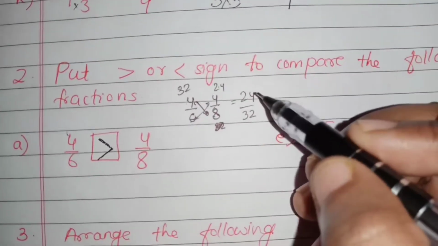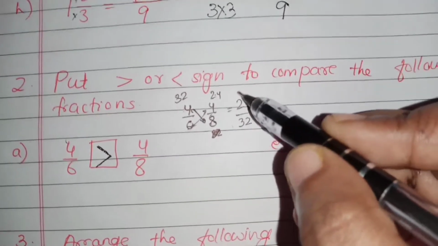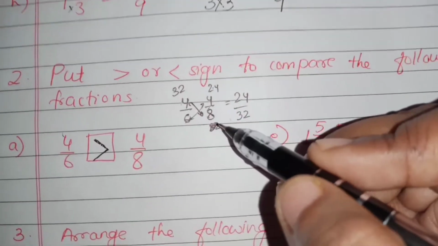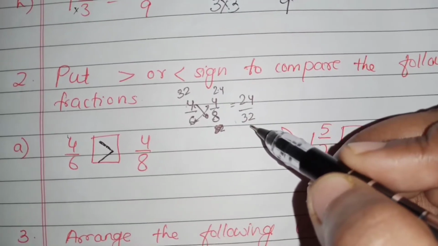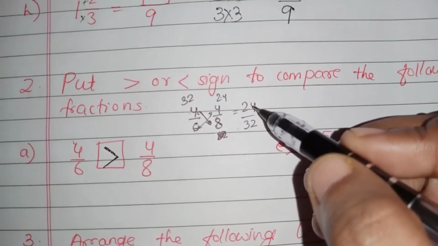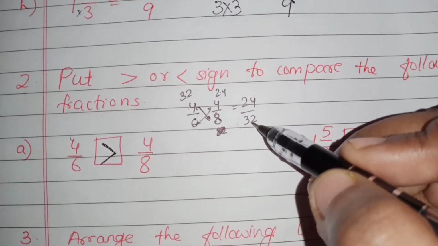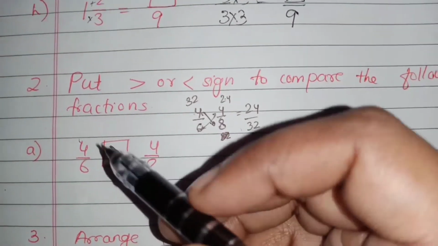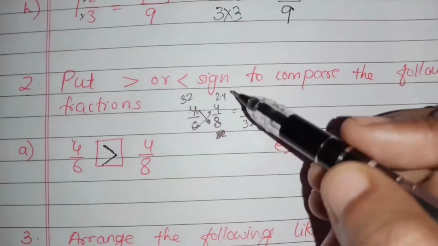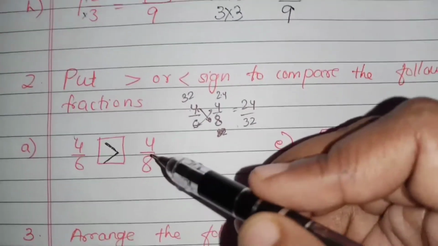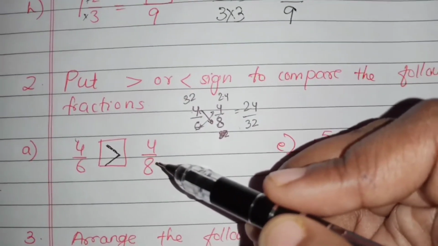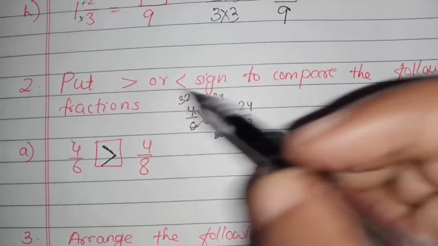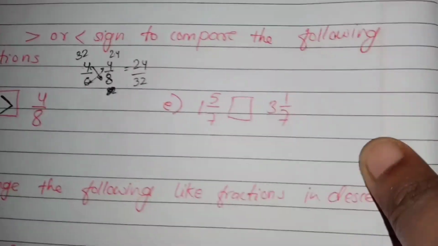Now one more way is that you can see we have got one fraction here, 24 by 32, after multiplying this, and this one is what? Proper fraction. You can see the numerator is small and this one is greater. So that means whenever you will get a proper fraction, that means your first fraction will be greater, and if you will get an improper fraction, that means your second fraction is greater. But here we got proper fraction, that means our first fraction is greater.